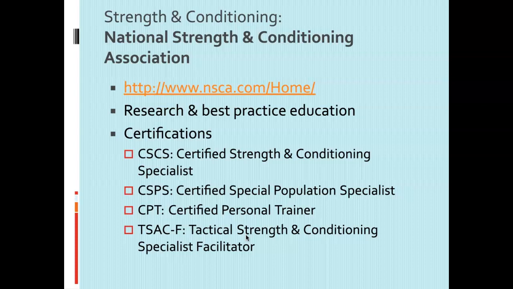So that means you're going to be facilitating workouts, training sessions for individuals in tactical lines of work. So that could be police, could be fire, SWAT, military even. And so I know all the branches of the U.S. military, they contract out strength and conditioning coaches to work with their members of the military, essentially on bases here in the U.S. and abroad. And they typically do require the CSCS and will really look for that TSAC specialist as well.